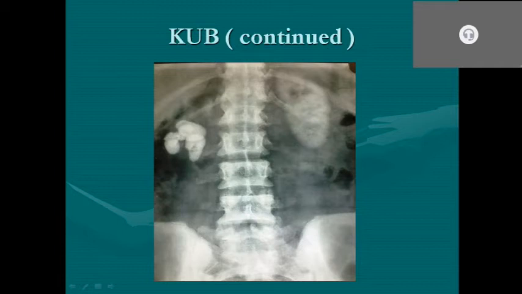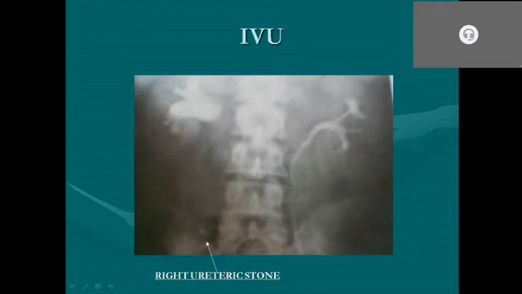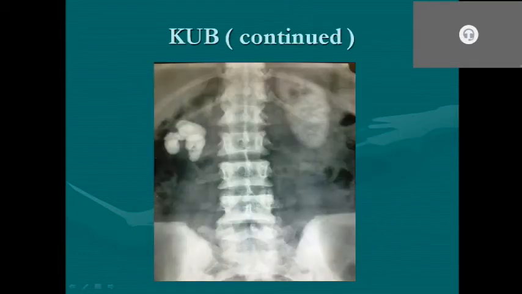Then the other thing you should know is the course of the pelvis and ureter into the bladder. This also I will show you here in a view. So first in imaging, what you do is X-ray KUB. Once you have done X-ray KUB, the second imaging you ask for in urolithiasis is ultrasonography. Then, depending on the type of stone, site of stone, number of stones, and biochemical features of the patient, the third